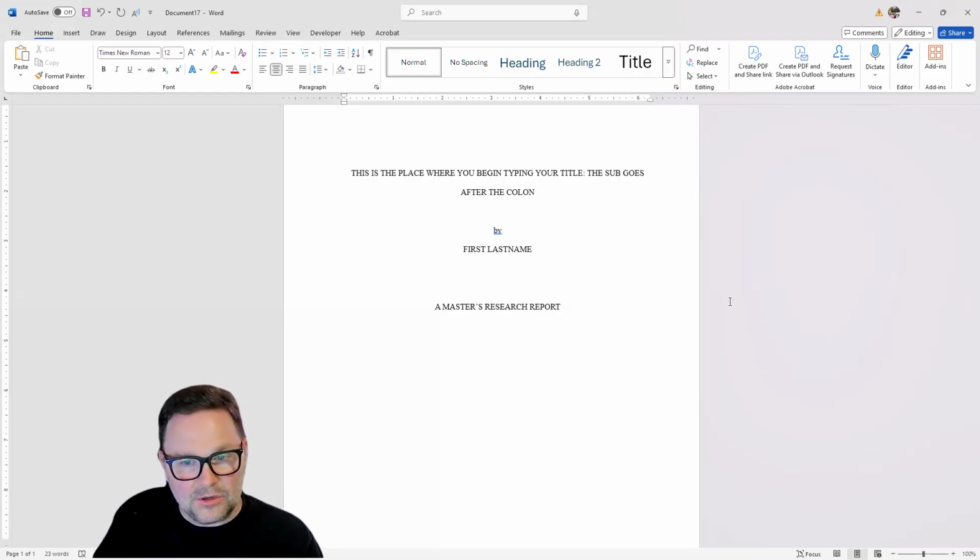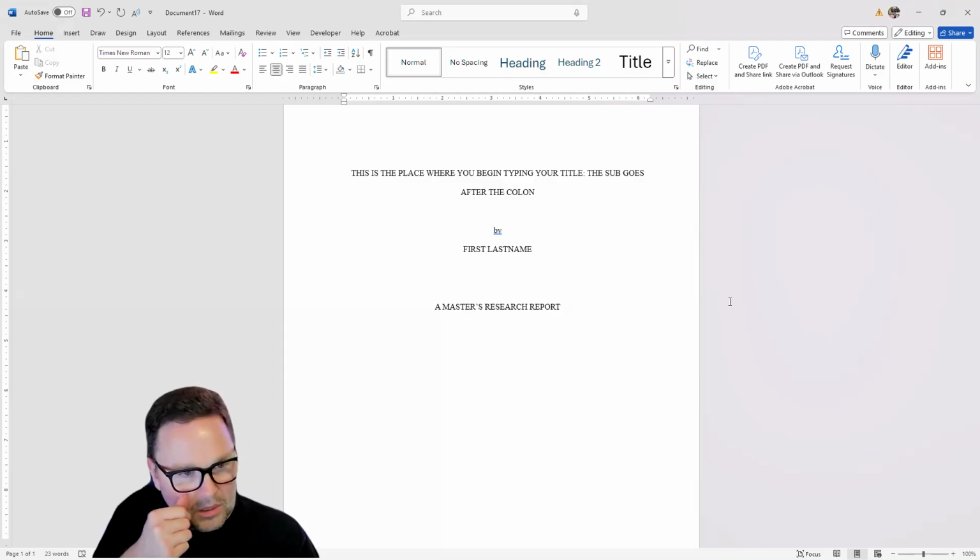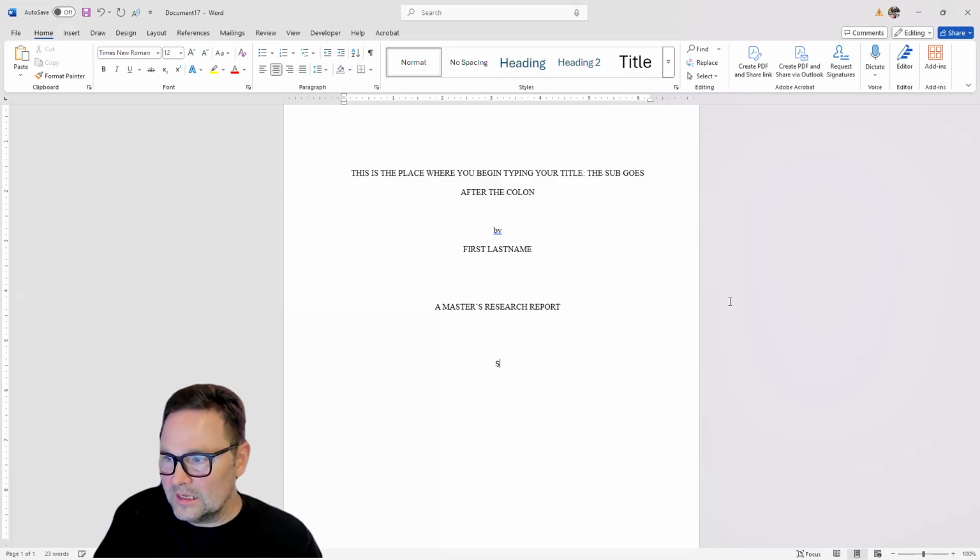But essentially, you're going to be taking the text of whatever document you're working on, whether it's a master's degree or doctoral dissertation, and depending on what your department or school is, that's the information that goes here next. So it's basically a declaration of affiliation. Where do you belong to and what is this for? So in this case, it will be submitted in partial fulfillment